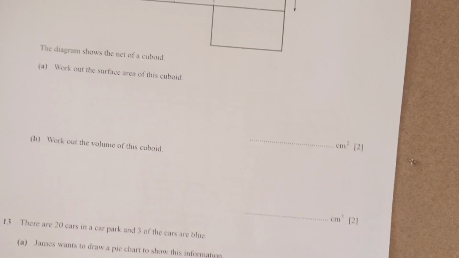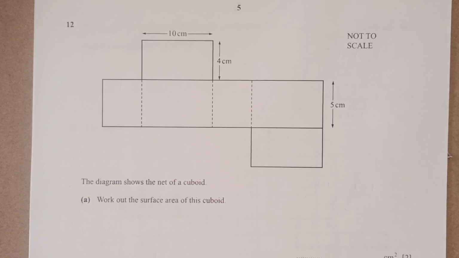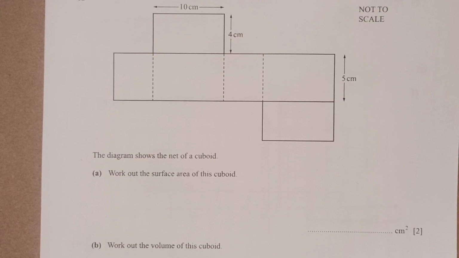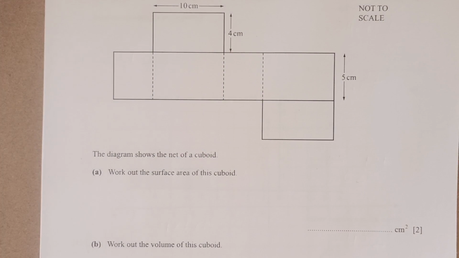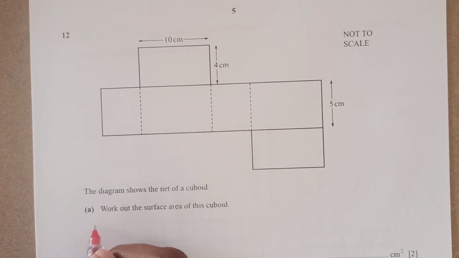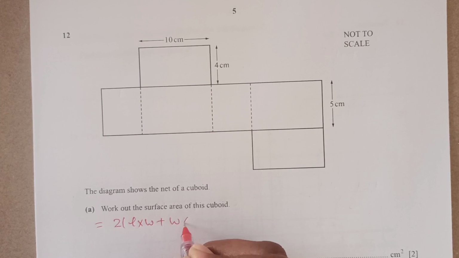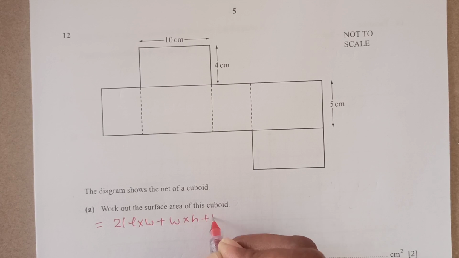now next question number 12 here. We have a diagram, as you can see. The diagram shows the net of the cuboid. Work out the surface area of the cuboid. Now you know the surface area of the cuboid is 2 times length times width, width times height, and height